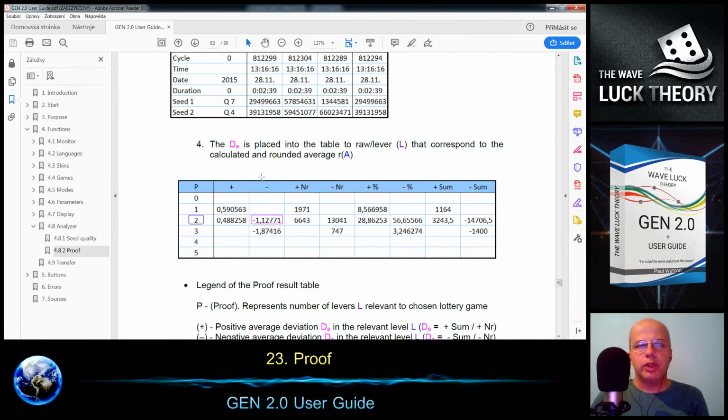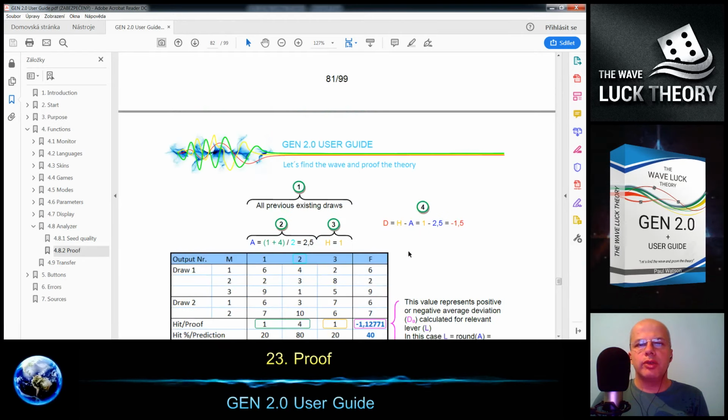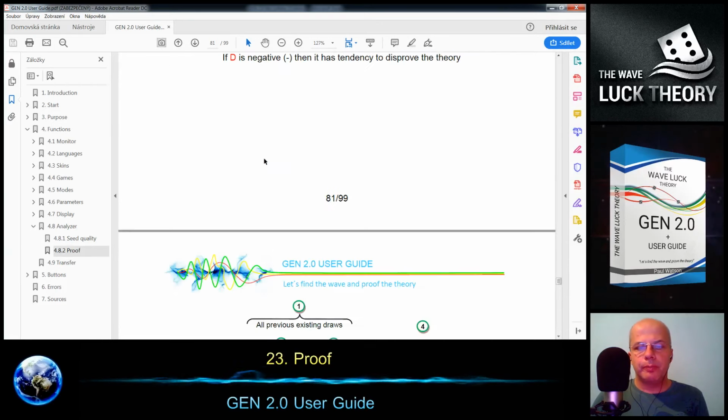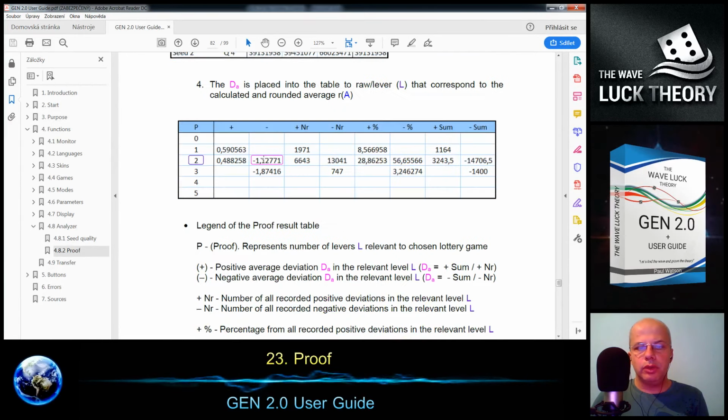I will explain this in the proof box that is marked by P, and it will be visible only when you activate the proof calculation during the primary setting by this checkbox. At first, on the vertical line we have the number of levels starting from 0 to the maximum amount of hits.